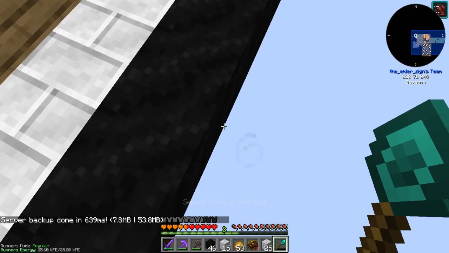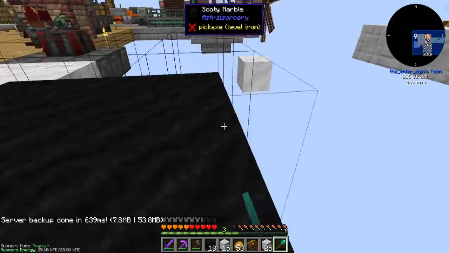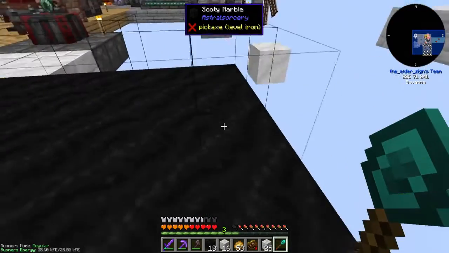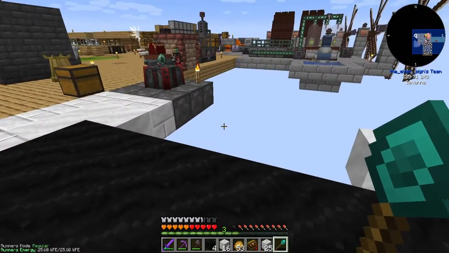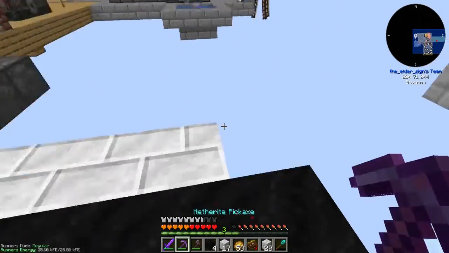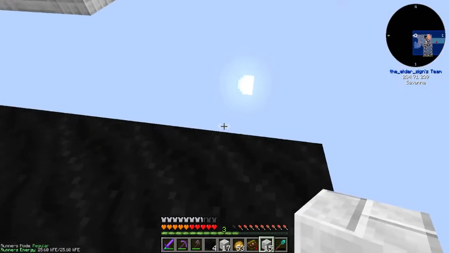So 2, 3, 4. I'm just making sure. Yep, see, that one's going to be in the way. We were at what? 5, 6, and 7. And then we can just do our bricks. That is actually really close to being in exactly the right spot already. Five, and then